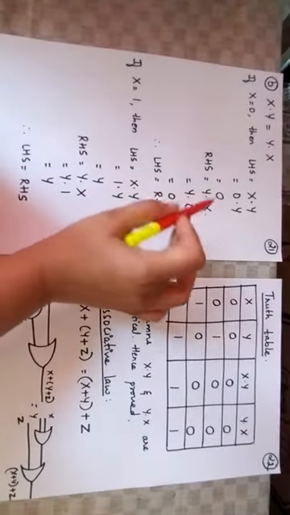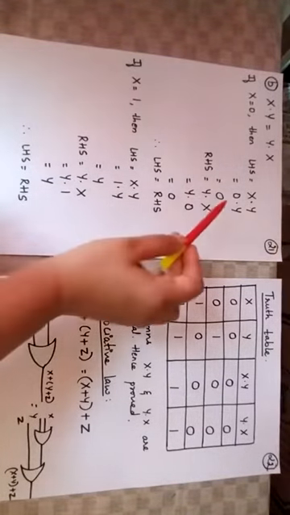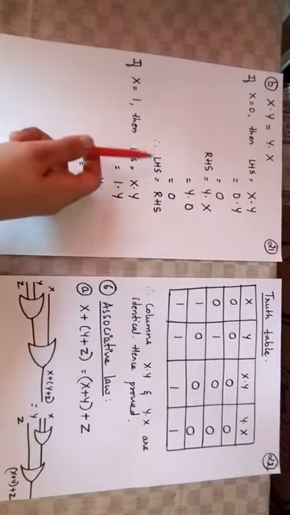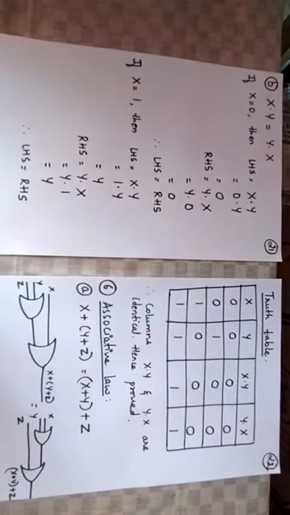Next take the right hand side, which is y dot x. Keep y as it is, substitute x with 0. So again y dot 0 results in 0 because of the properties of zeros and ones. Now check the final values of both left hand side and right hand side. Both are zeros, therefore left hand side equals right hand side.